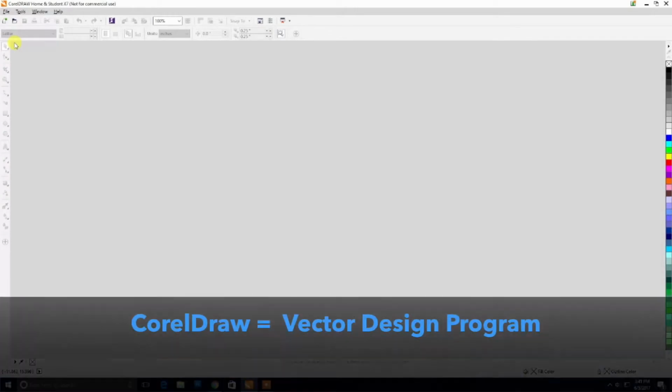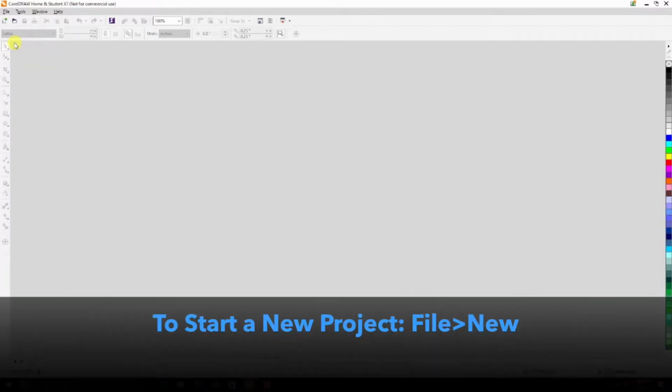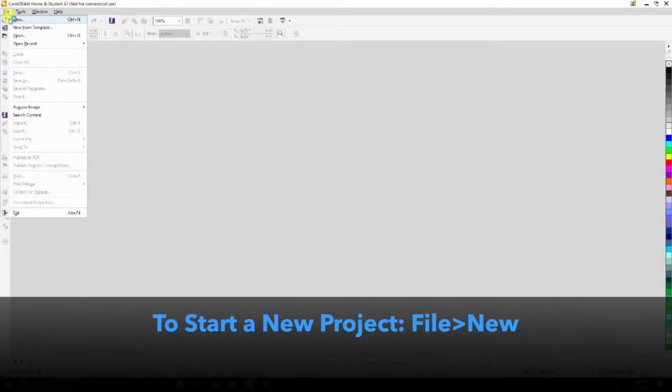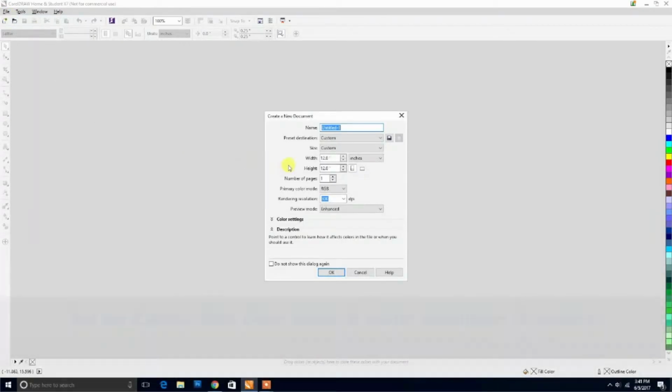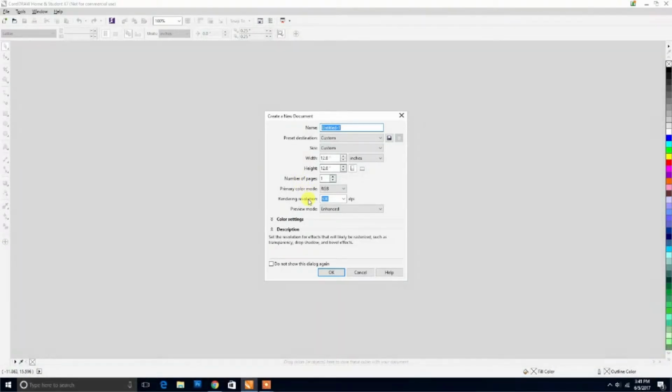CorelDraw is a very easy to use and intuitive vector graphic design program. First, you're going to want to come to File, New to create a new canvas where you can select the width, height, the color mode between RGB and CMYK, and even the DPI if we were to rasterize the vector